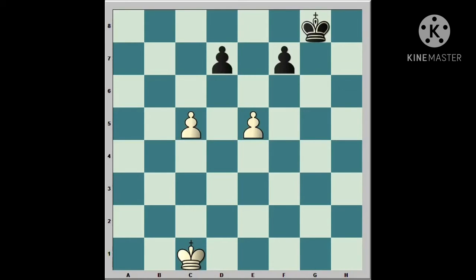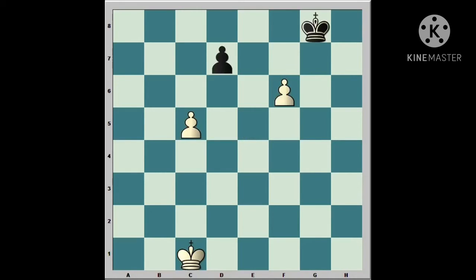Here black plays the f pawn 2 squares, that is, he moved to the 5th rank as that of the white. So white has the option of the en passant rule. White can assume that the pawn has moved to f6 and capture that pawn.